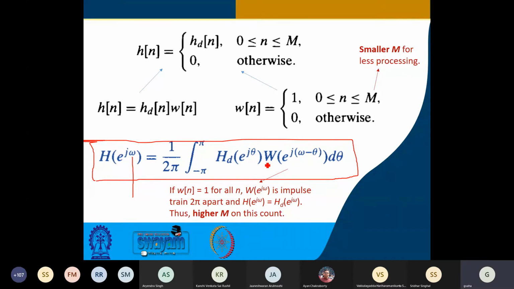Right. And then you are multiplying and then adding. Integration is just addition. So all the theta is consumed, and whatever you are left with is a value which is specific to that omega. Then another omega, another shift of this W, this is remaining same. Again you calculate and again you go ahead. Another omega, you shift it and again you multiply and then integrate, that means sum it up over the area under consideration, and then you get another value, and this way it continues. So this is your convolution.